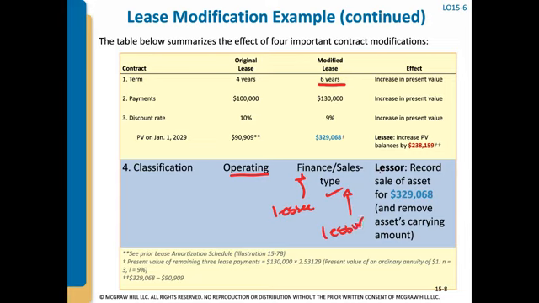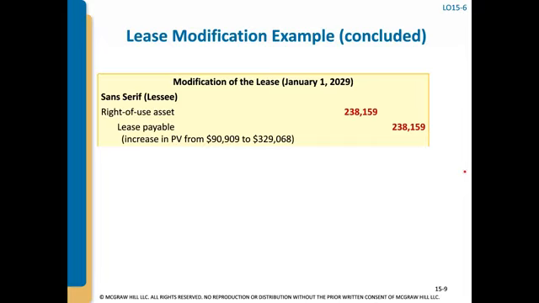Okay, so now because the lessor has a sales type lease, and if you recall, a sales type lease is more like a sale of the asset, versus operating, which is more of a true rental. But now we fall into a sales type lease, so we have to record this quote unquote sale for this asset, where the present value is